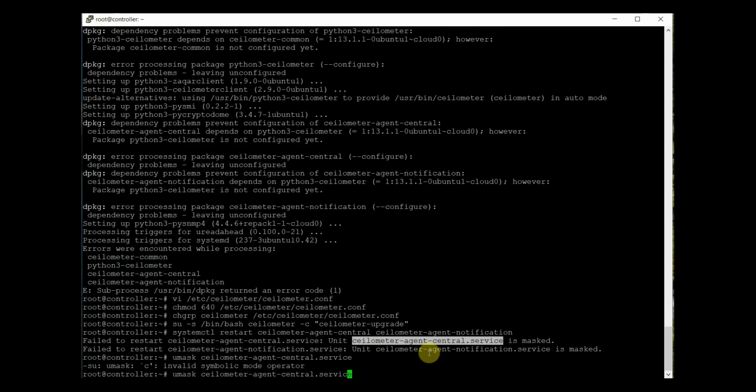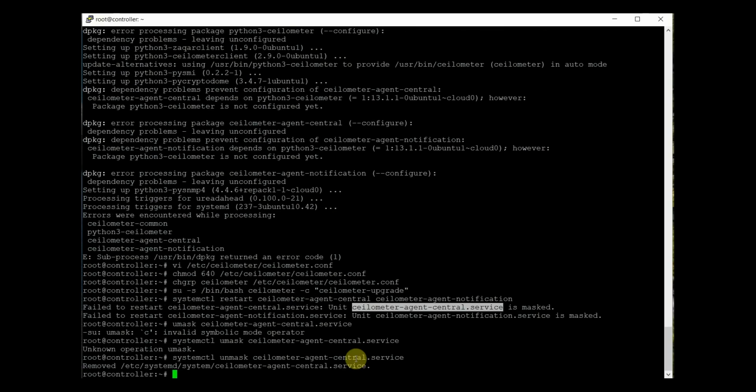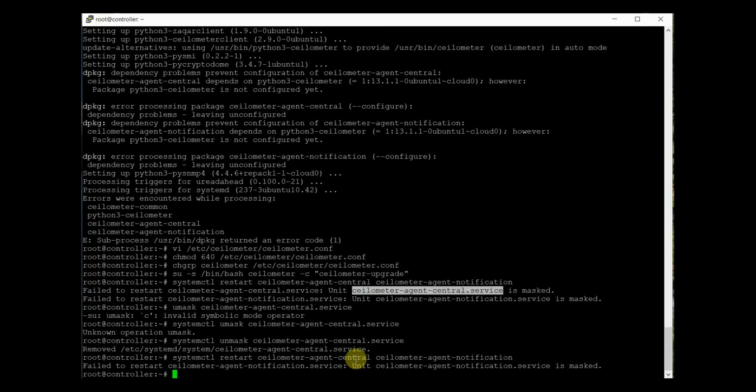I missed the command systemctl. Now it is unmasked. Now we can restart again. This is another service which is masked, so let's unmask this also.